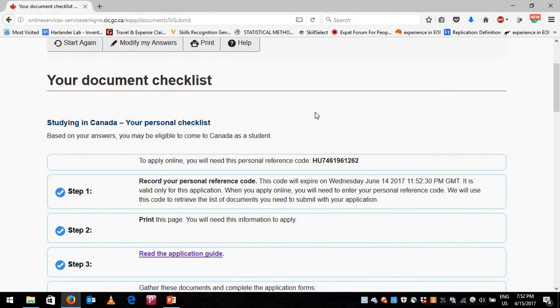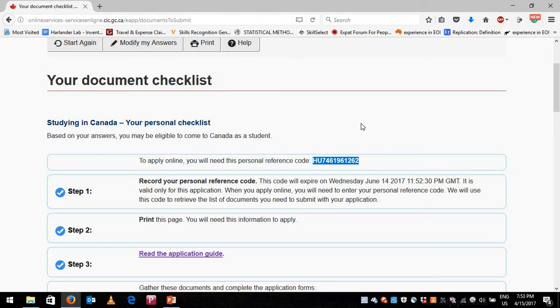And now to go to next step, you will need to have this personal reference code, which is very important. This code contains all your information, all your answers. So if you don't have this personal reference code, then you have to start everything again, clicking here. So for now, I'll record this personal reference code, which is